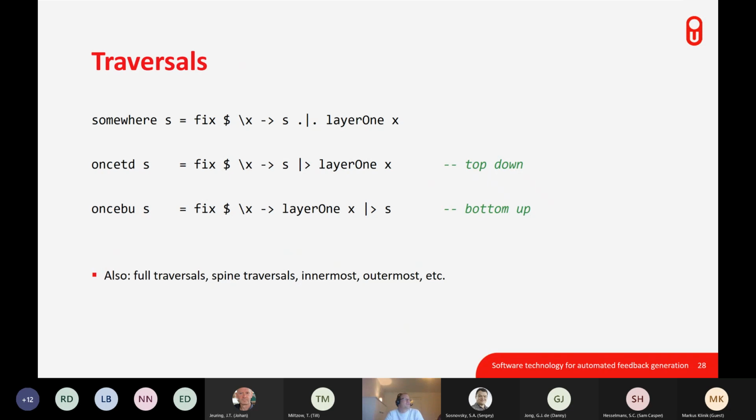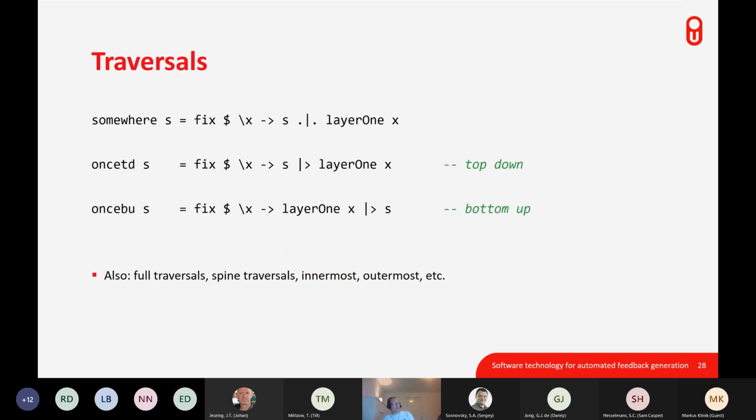And for this, what we need is yet another fixed point. So if you want to apply a strategy somewhere, this means that you are going to apply the strategy here, or you're going to apply the layer one strategy combinator to the procedure, but then in a recursive fashion. Now, this is just a handful of combinators that you can build out of these navigational actions, but there are